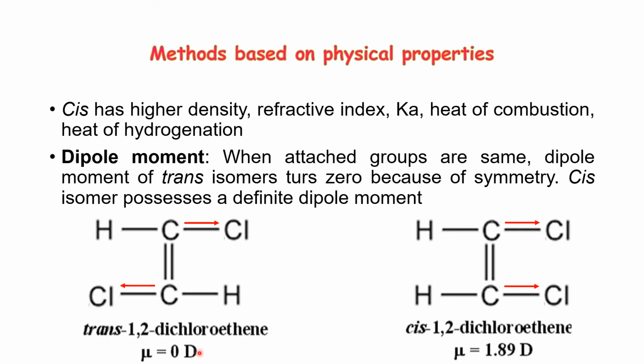That is why trans isomer has dipole moment as 0. But this will work when we have identical groups. Imagine you have one group which is pulling the electrons, one group which is donating the electrons, then this fact will not be applicable. So strictly in case of cis and trans isomers, if the groups are identical, then you can say cis isomer has some dipole moment and trans isomer has it 0, because equal and opposite will get cancelled and the net dipole moment is 0.